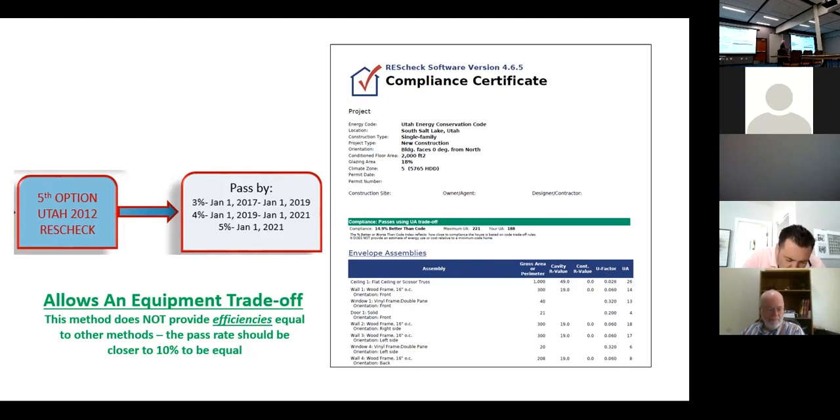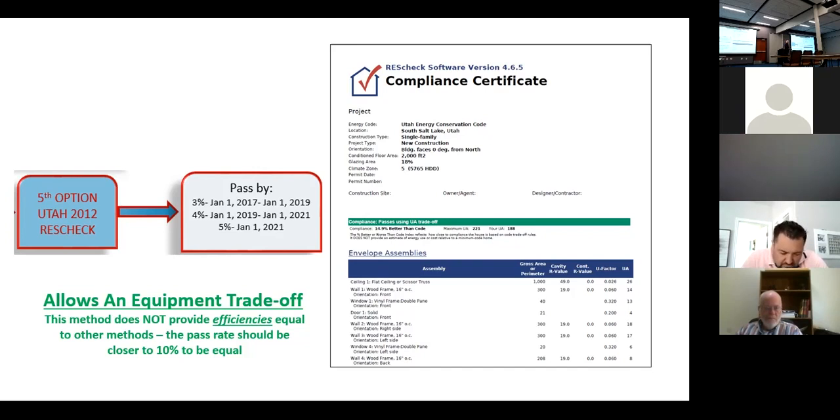And we still have this compliance option. If you're in res check, and I'm sure some of you have downloaded res check, and you go up to pick code, it'll say Utah 2012. But when you print the report, it'll say Utah Energy Conservation Code. And it does allow you to put in 95% efficient furnace or whatever you want to. And you'll have some high numbers. So if you build a pretty good house, since this is based on a weaker code, you're going to have high numbers because the 2012 code is weaker than the 15 code. So, but it's still